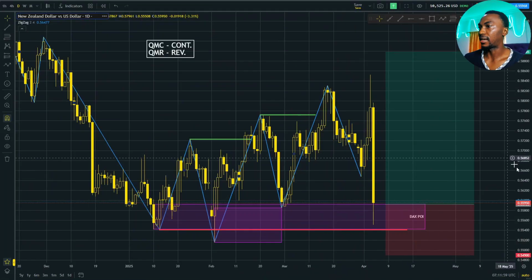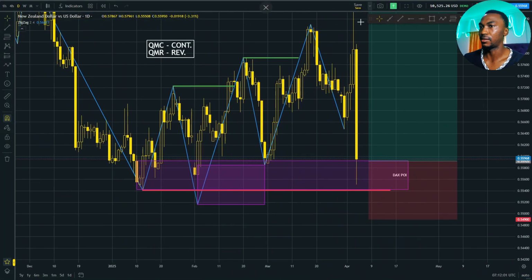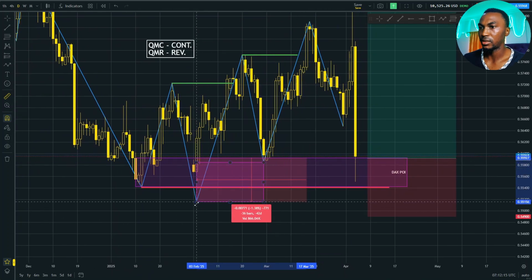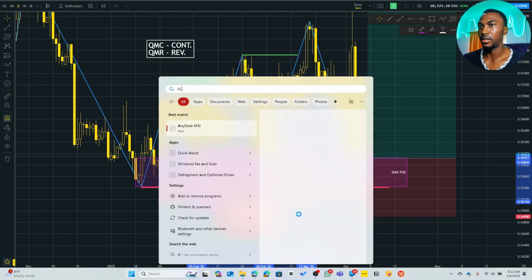So how did I calculate my stop loss, right? How did I calculate my stop loss? This is how I did it. So I measured from the high of this POI to the lowest point, you see, is 1.38%. If I pull up my calculator,